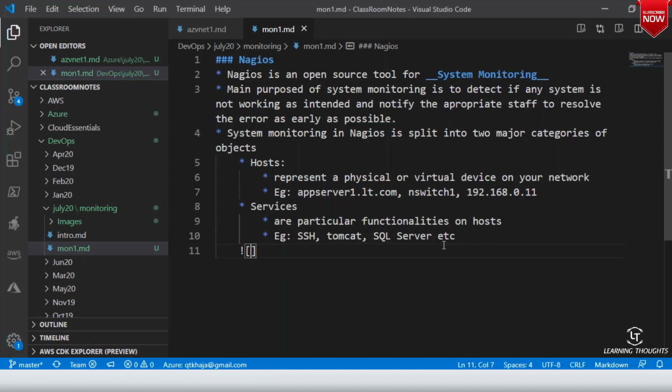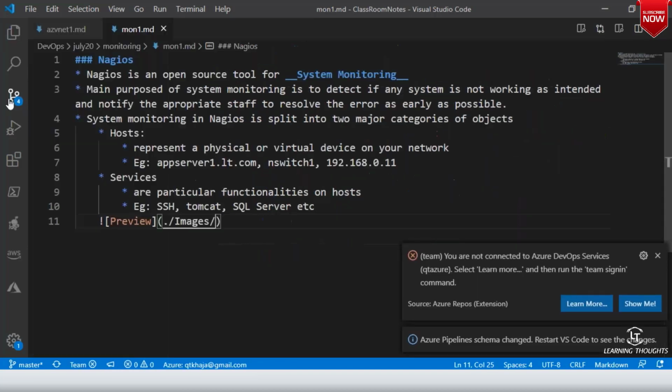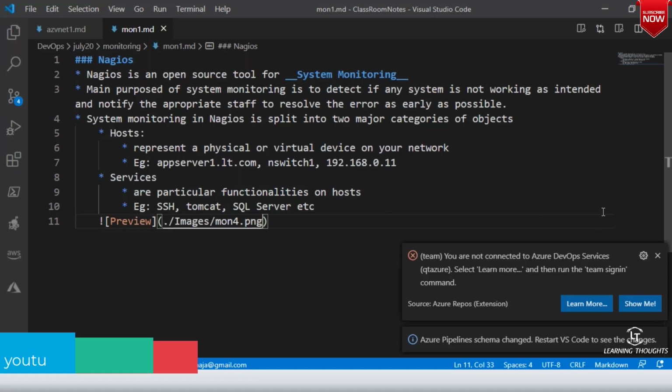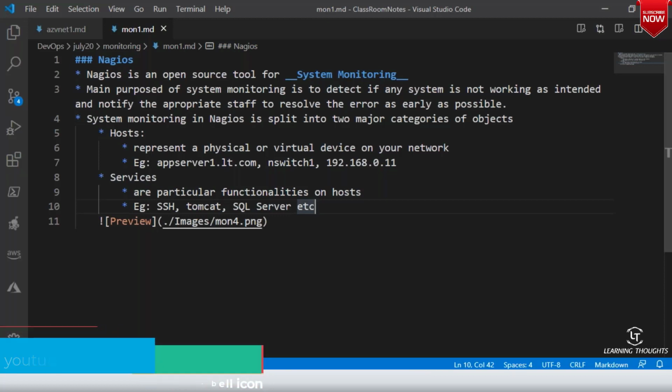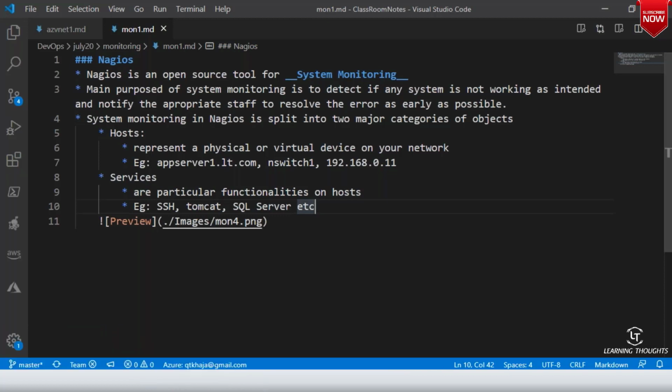Host and services. Host is basically the machine, and service is basically your functionality or application, whatever is running on your server.